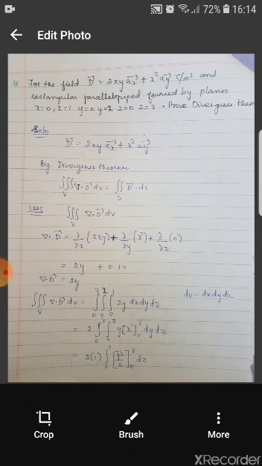First of all we have to find del dot D. So del dot D is dou by dou x of 2xy plus dou by dou y of x square plus dou by dou z. We don't have any z term in the expression, so it is 0. So we are differentiating with respect to x, y and z. You will be getting the answer 2y. So del dot D is equal to 2y.